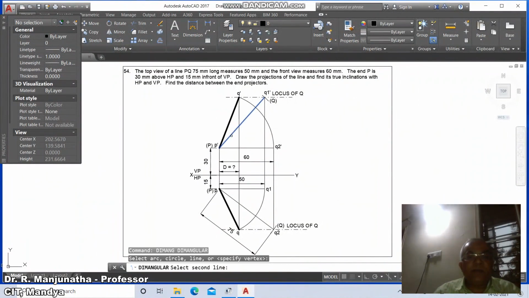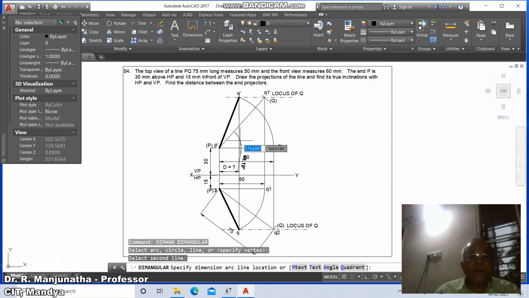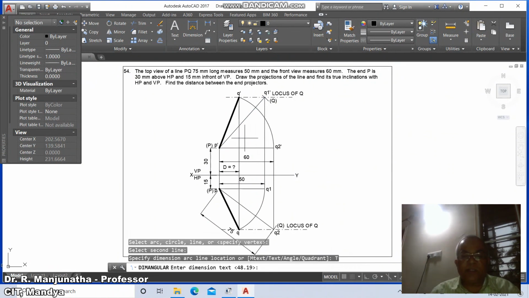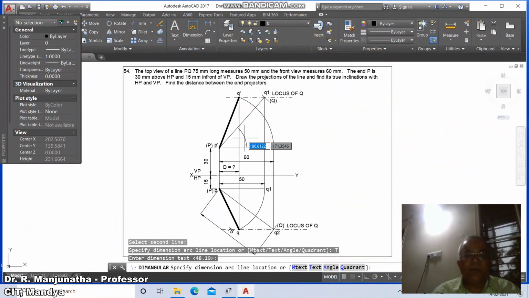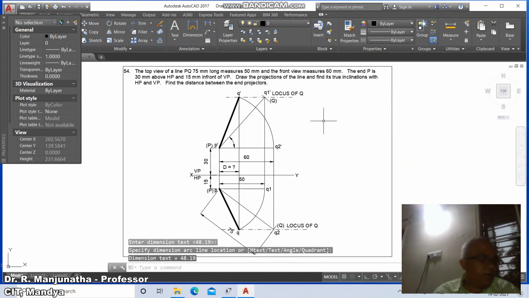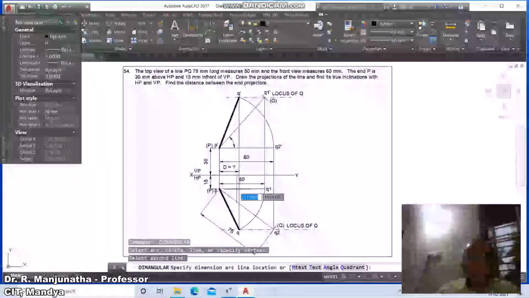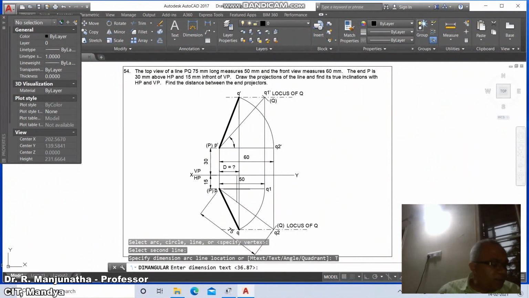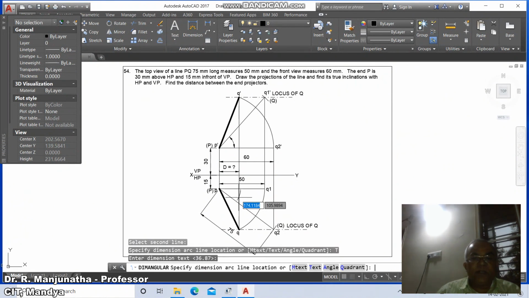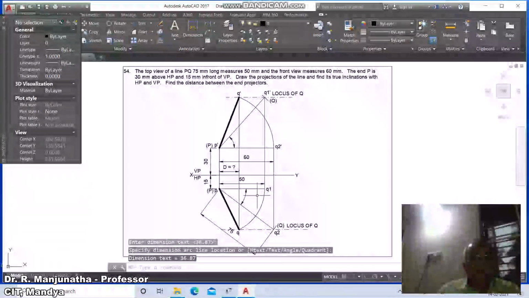ANG, select between these two lines, so here the text is 48.19, go to text, give space, annotation, now you just place wherever you want. Similarly, dim angular, select between these two, go to text 36.87, so give space, enter, and place it here.